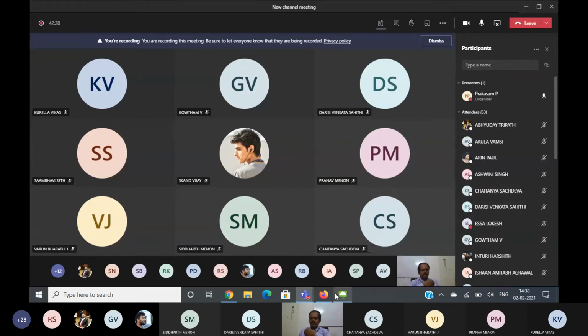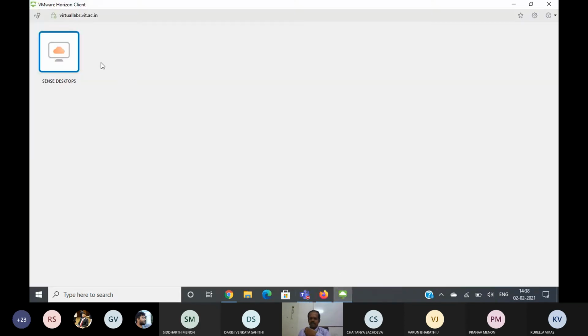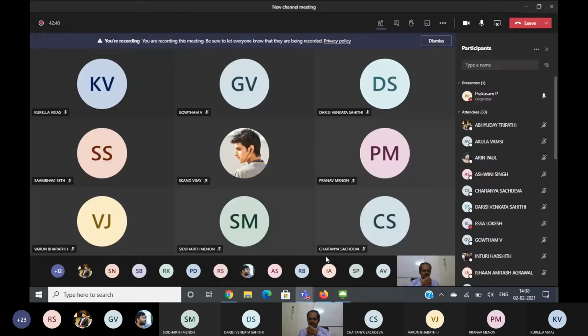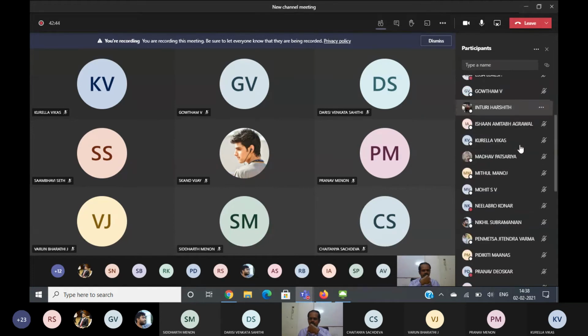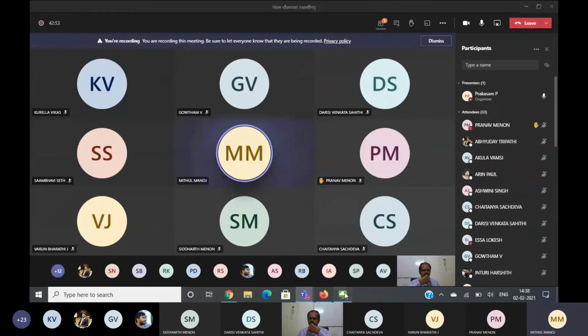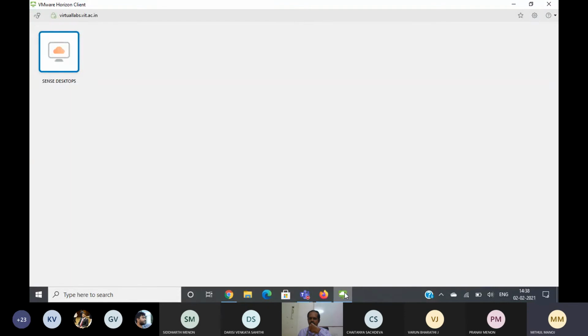How many of you have reached this page? No one has reached there. Okay, one, Pranav Menon. So the username is the registration number, and the password is the Z drive password.